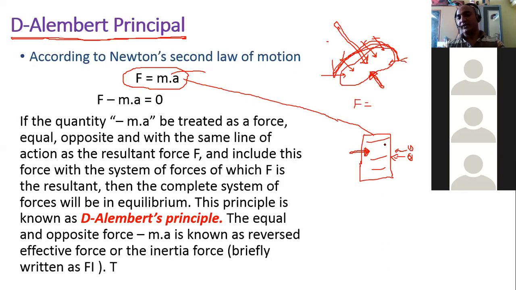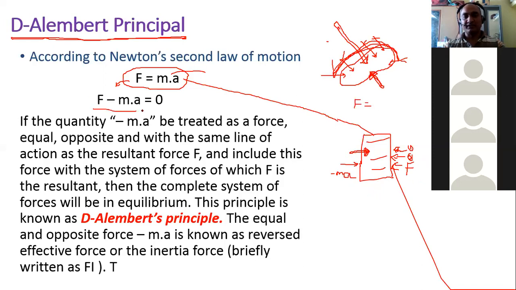So when you are applying a force to a particular body, a certain amount of force also acts in the opposite direction, and that is always equal to m into a. That's why you will get this second equation, F minus ma equal to 0. If the resultant force is applied from this direction, then another force acts in the opposite direction, equal to ma. That is not equal to F, but equal to ma, and it is minus because it is in the opposite direction. So the summation of these two is F plus (minus ma) equal to 0.